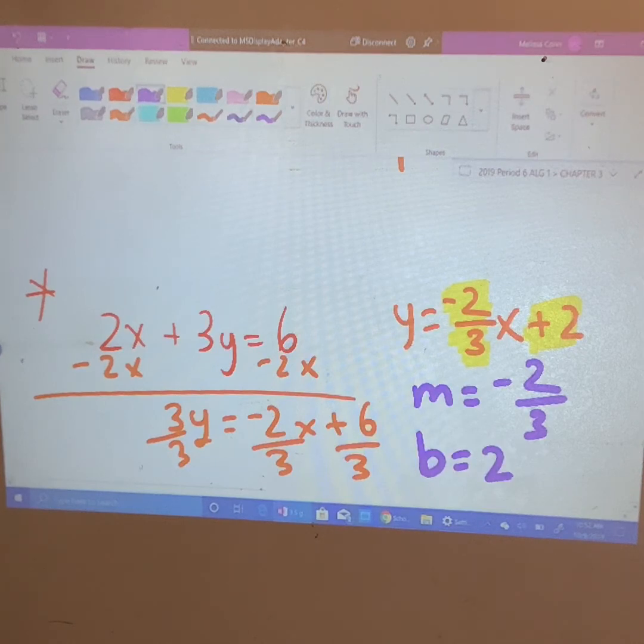It crosses at positive 2. All right, so what we've just got through practicing is finding the slope given ordered pairs. We found